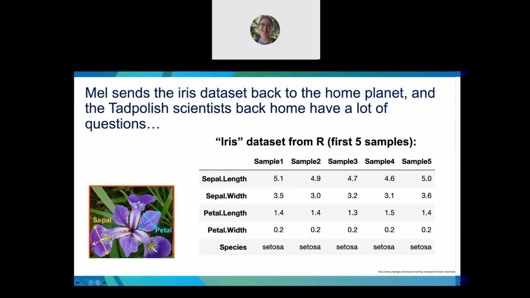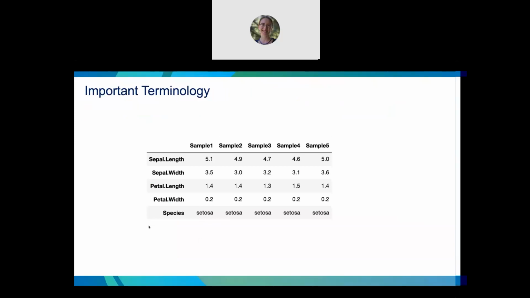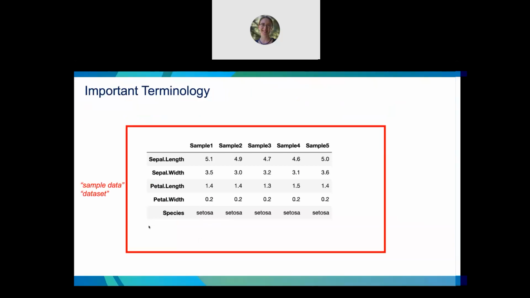I want to just point out, for those of us who are not iris scientists, if we're talking about the petal, that's this part of the flower, so petal width and length, and then the sepal is this longer part, which supports and protects the petals, and then the petals surround the reproductive organs. So anyway, Mel develops this data set, and if we want to just stop and think about the important statistical data set terminology from earlier,